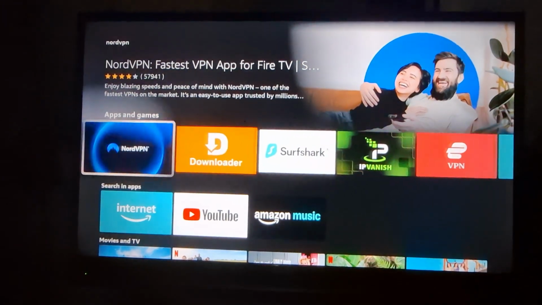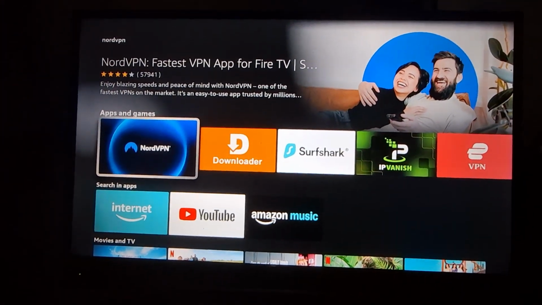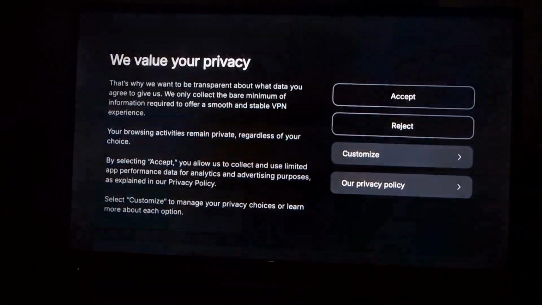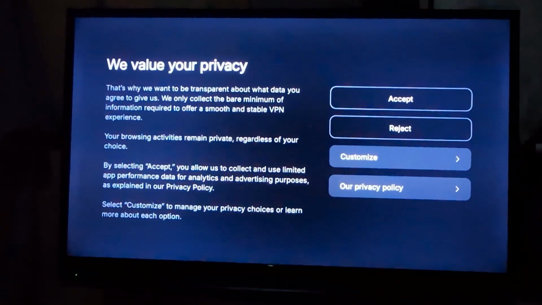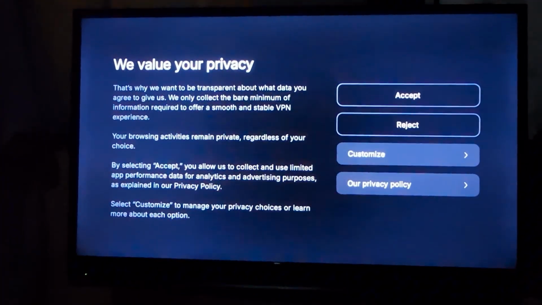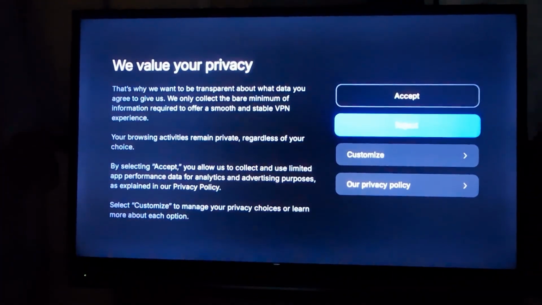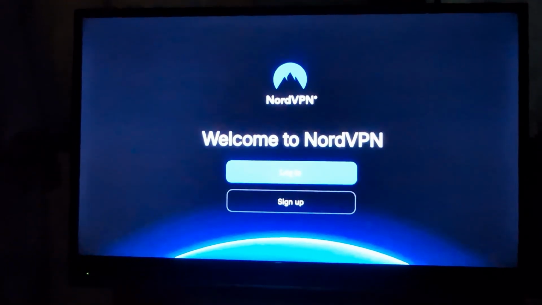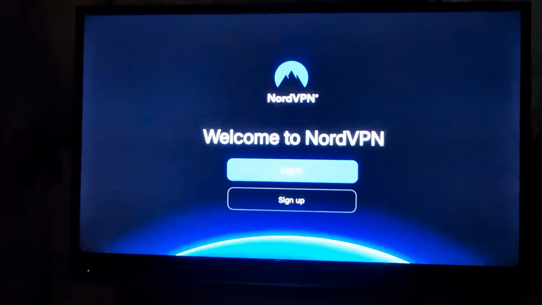And then once done, you have the preview right here of the app. So go ahead and select it. After that, just go ahead and click on the download button. And once the download process is done, you'll be able to see this exact screen. So go ahead and click on accept or reject, and then just sign up or sign in with your NordVPN account. And that is how you install